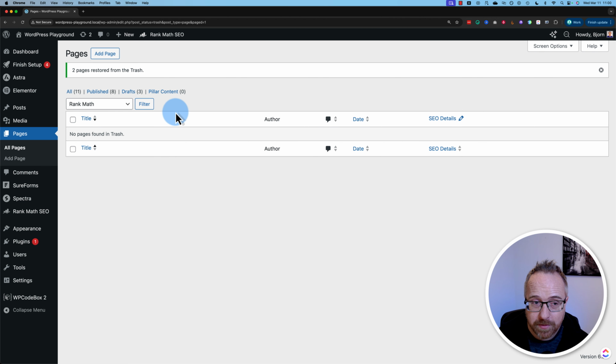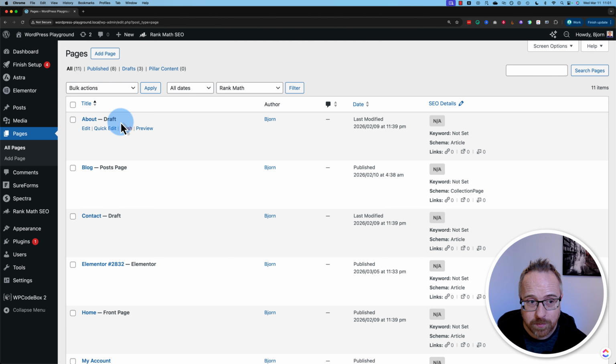Something important to note, if a post is in the trash bin, it will only be there for 30 days by default. After that, WordPress will delete those posts. So if you have a post in there that you think you might want to keep, get it out of there quickly. If we go back to a list of all posts, the ones we just brought back, the About